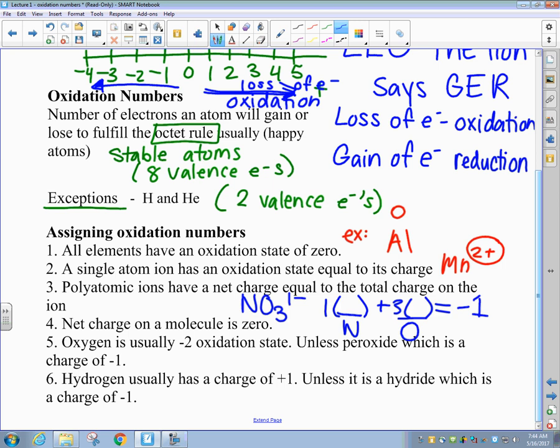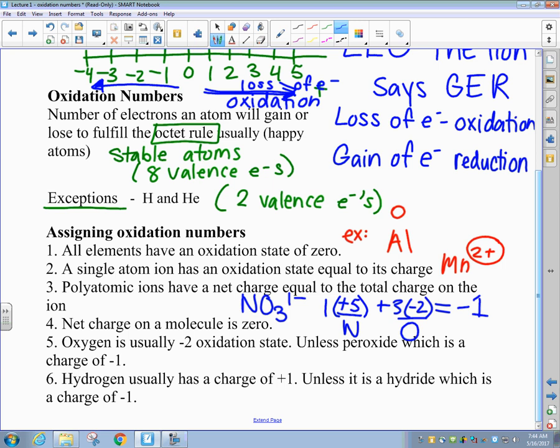Oxygen is only going to have an oxidation state of -1 when it is in a peroxide. In this case, this is not a peroxide, and so oxygen would have a -2 charge here. If oxygen has a -2 charge and there are 3 atoms, then 3 times -2 gives us a charge of -6. So we really need to figure out what plus a -6 gets us to a -1. And of course, the answer is